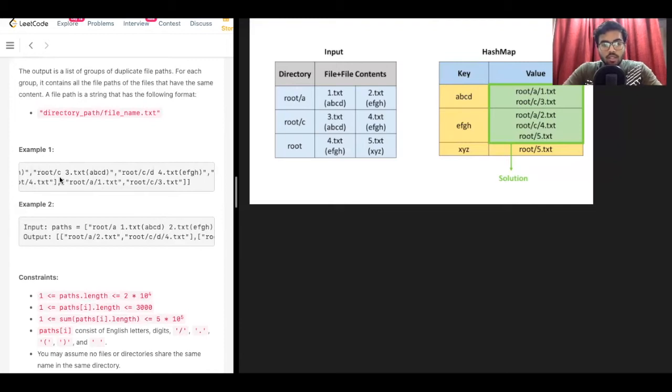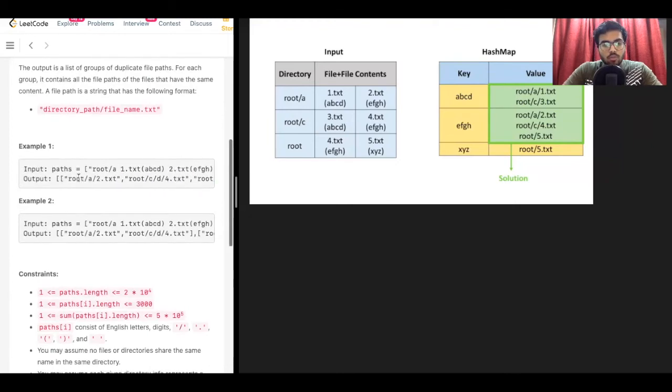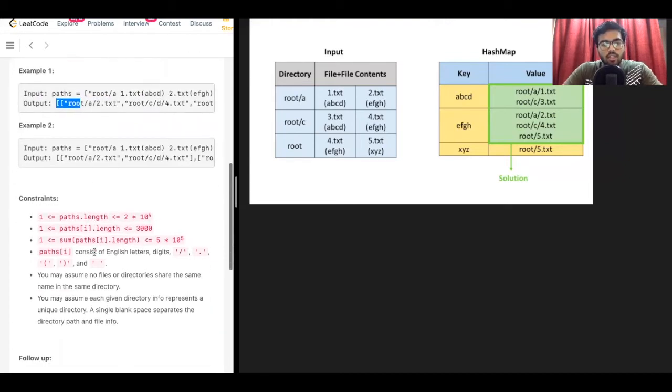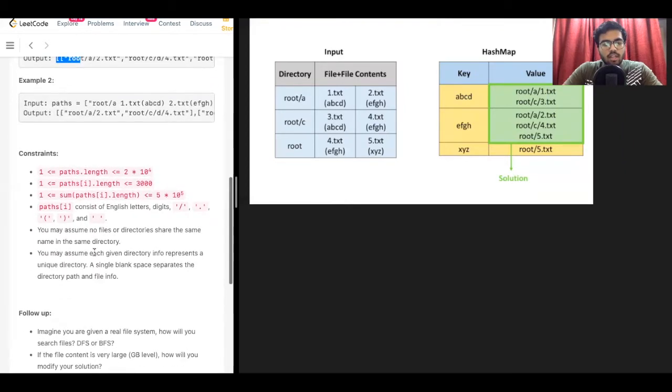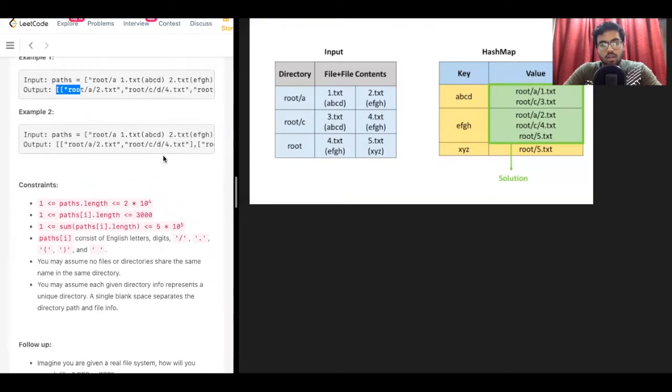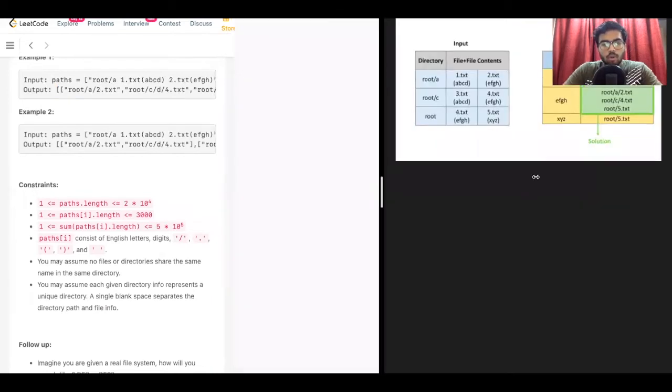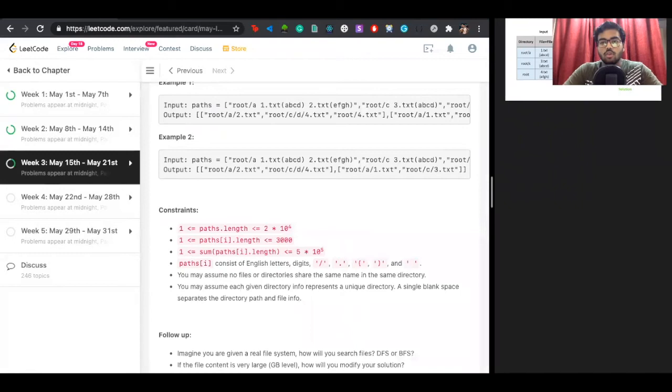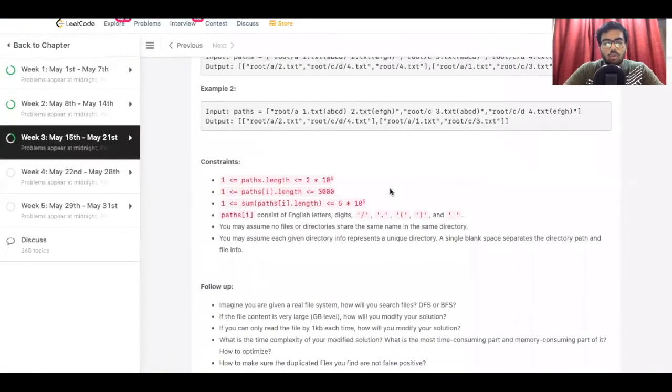So we can see that everything here has a size of 2 or more. So we have that constraint, and we can identify the files that have the same content and club them together. I hope the problem description is clear to you. I'll go to the code part right now.